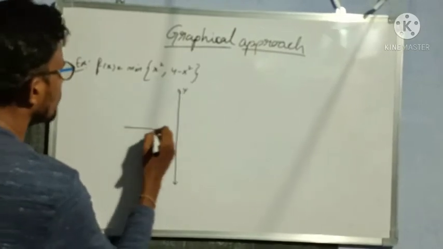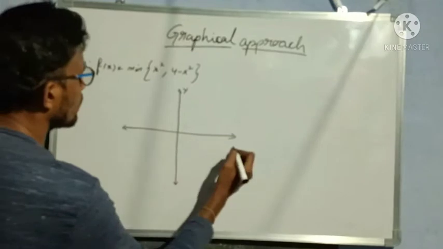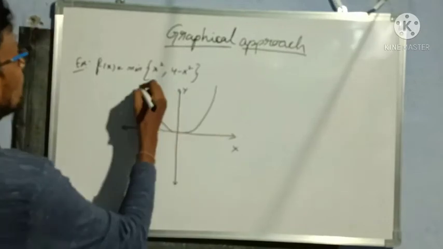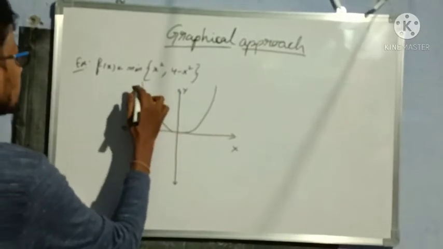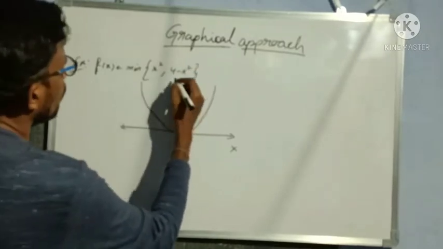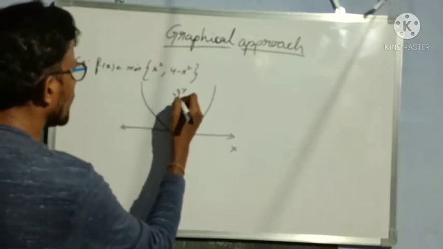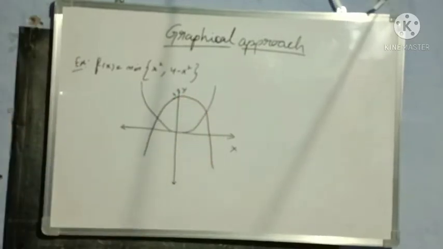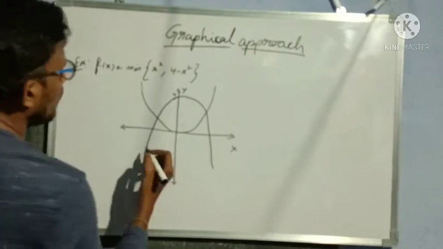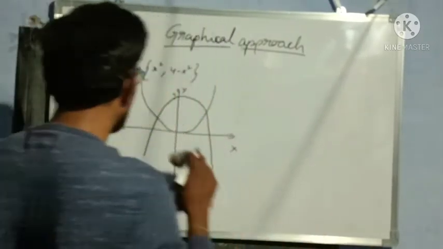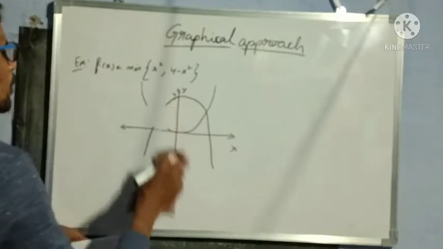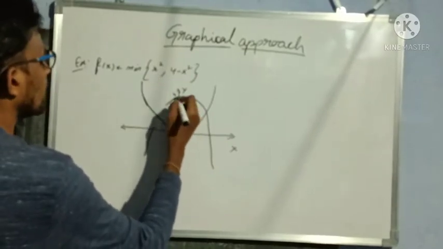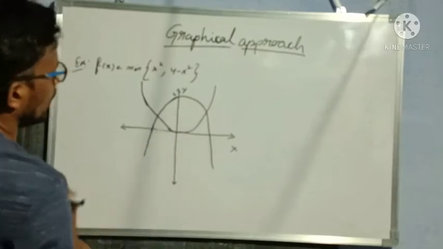So this is y axis, this is x axis. Again y is equal to x square, means like this parabola I will get like this. Okay, y is equal to x square is a parabola, and 4 minus x square is also a parabola from y axis at a distance of 4. Okay, this is 4 minus x square graph. Now we need to take bottom part. Actually these are symmetrical lines, means both will cut at the same point. Here I am not getting the graph correctly. Just understand the concept. Don't concentrate on my graph. Okay, this will be symmetrical points.